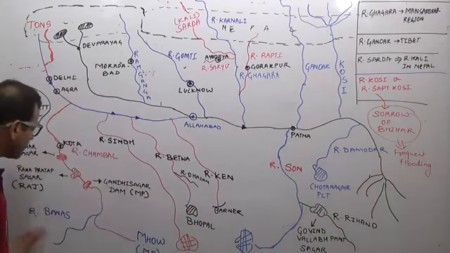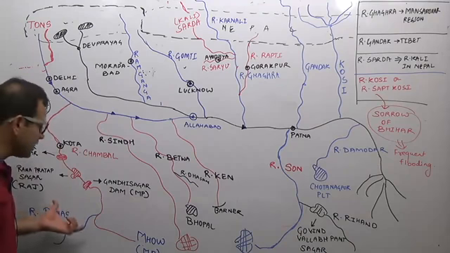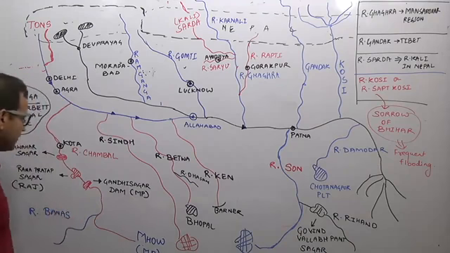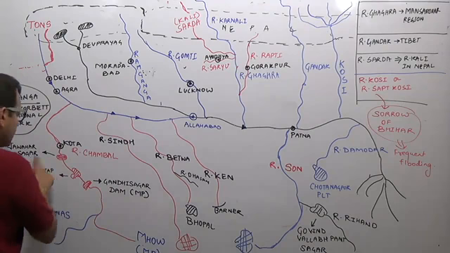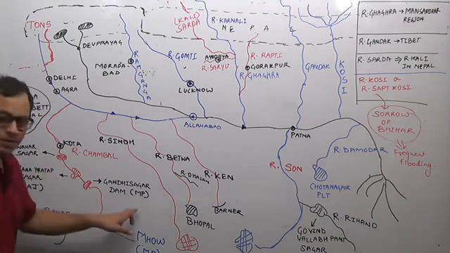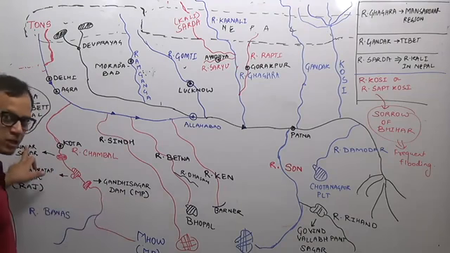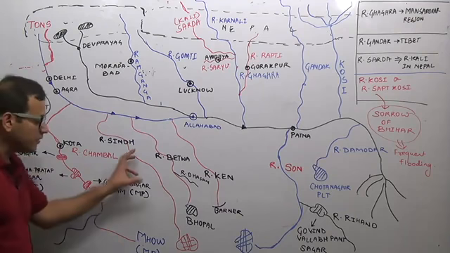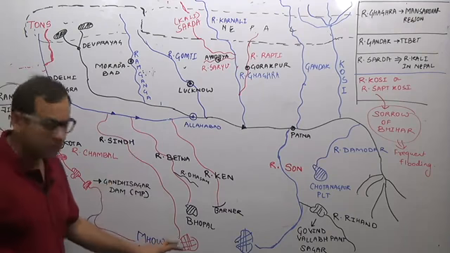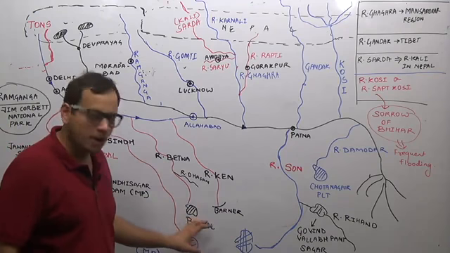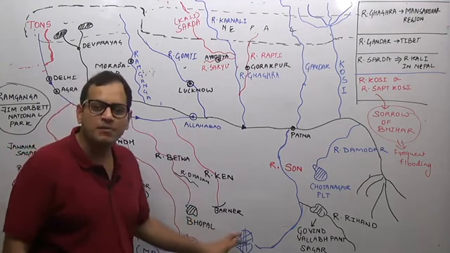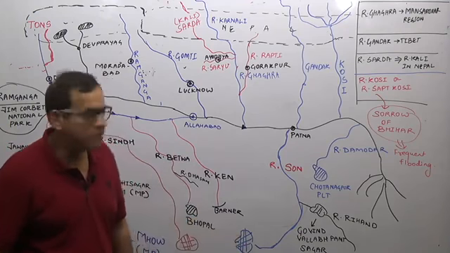River Chambal originates from Mhow. River Banas is an important tributary. Remember the three dams, Rana Pratap Sagar, Jawahar Sagar, and Gandhi Sagar, in Madhya Pradesh and Rajasthan, and obviously Kota Barrage, Rajasthan. River Sindh, Vidisha Plateau, Madhya Pradesh. River Betwa near Bhopal, Madhya Pradesh. River Ken from the Kaimur ranges of Madhya Pradesh.